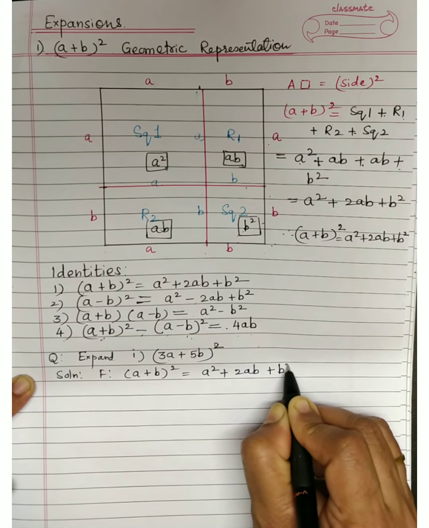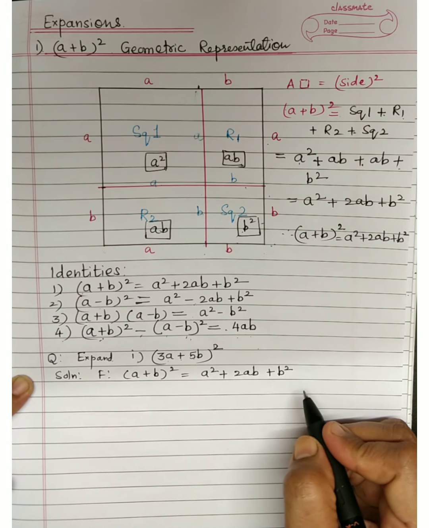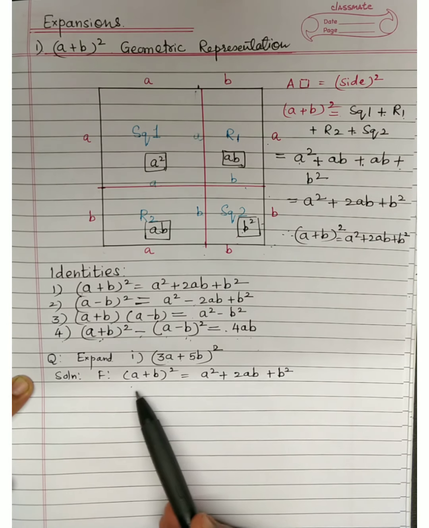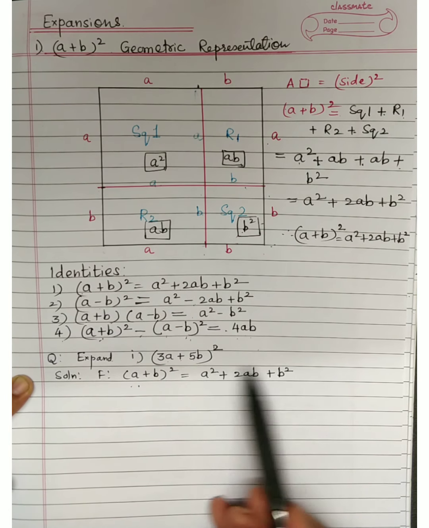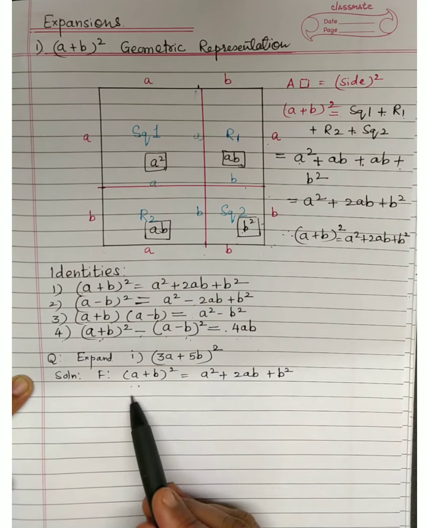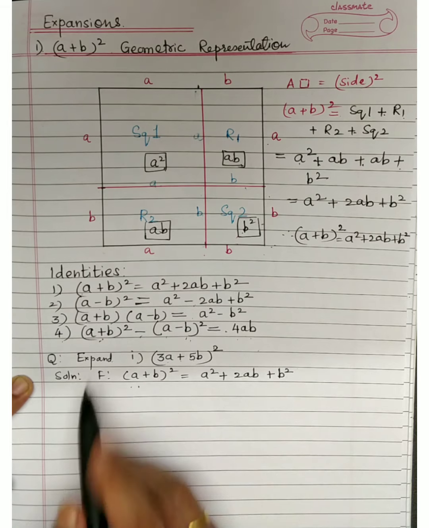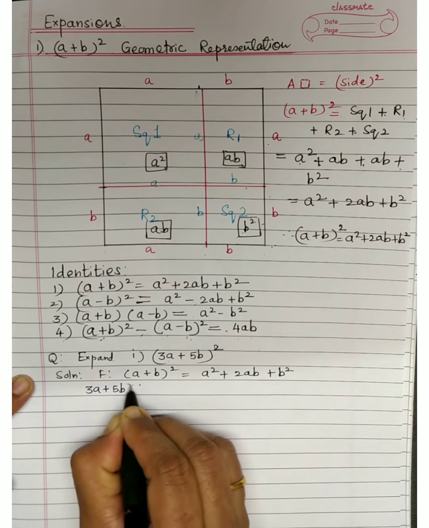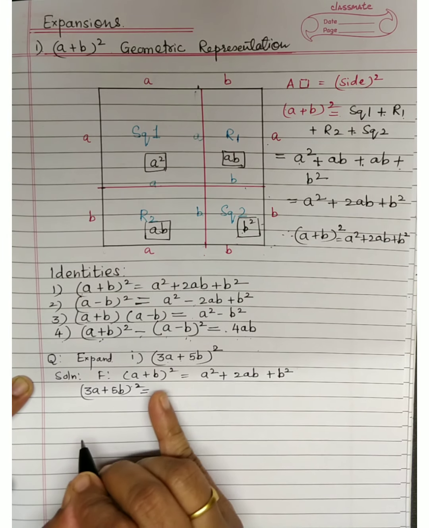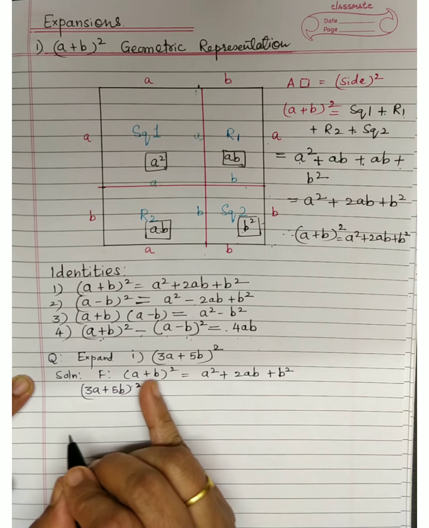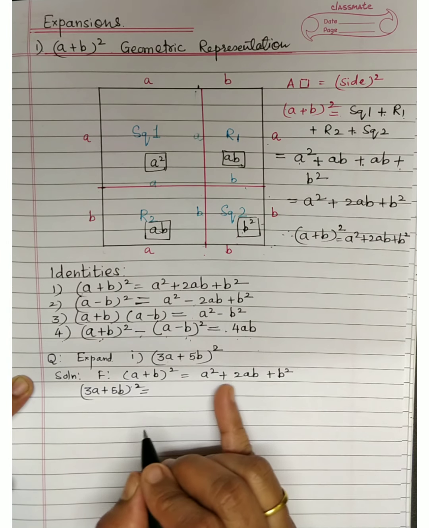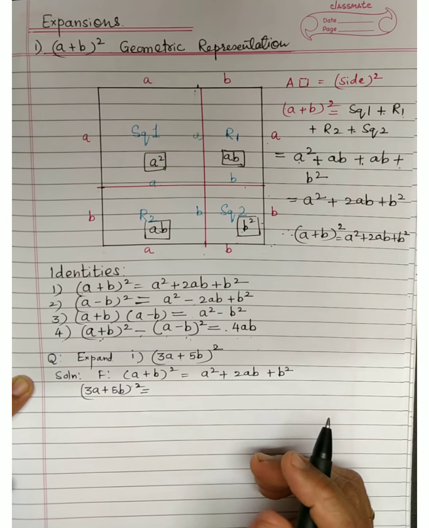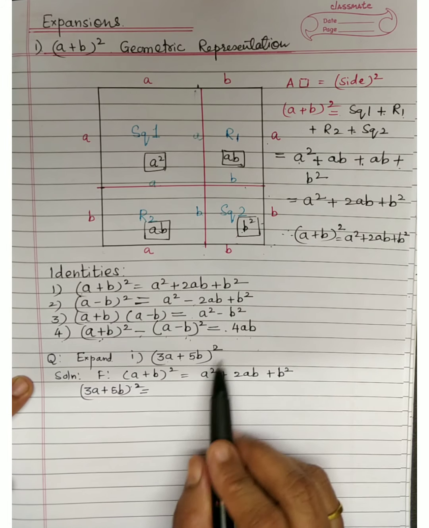See, if you follow the steps given by your teacher, then automatically, from the time I started this lesson, how many times I have repeated this formula. So ultimately at the end we can learn it. Every time you write, why do we ask you to write? So that you learn it. Now you have to apply it on (3a + 5b) the whole square. So remember it in this way. First term plus second term the whole square is first term square plus 2 into first term into second term plus second term square.